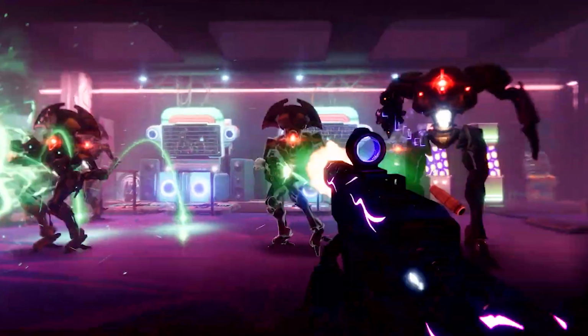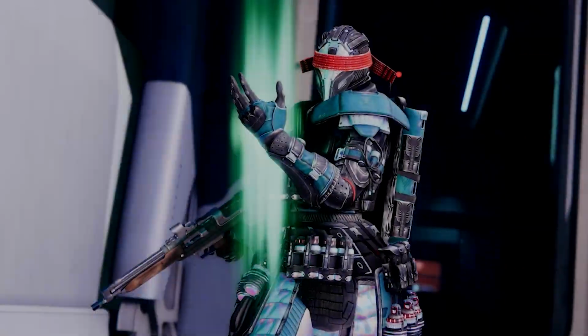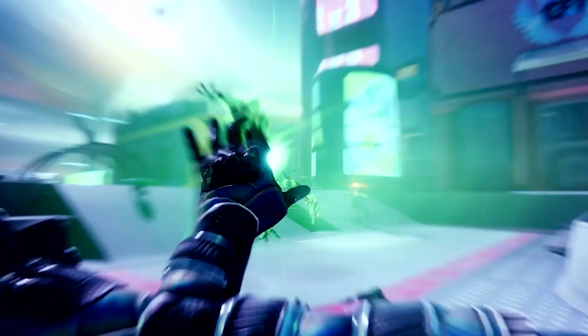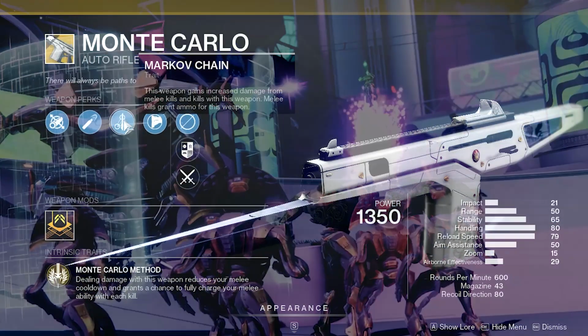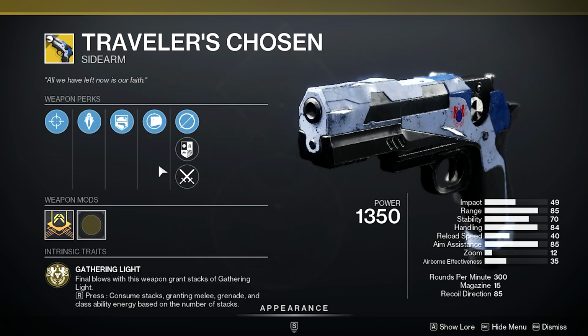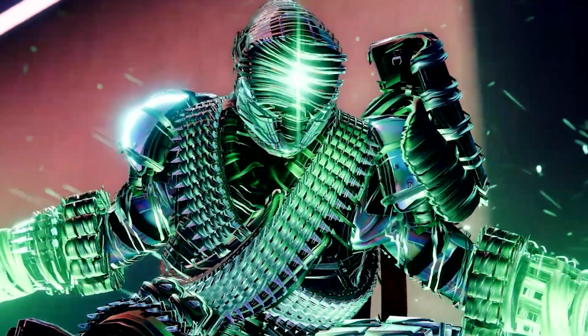Along with these exotic armor pieces, there are two standout exotic weapons that you should really consider using along with these Strand subclasses. The Monte Carlo exotic auto rifle will be great at regenerating melee energy, and the Traveler's Chosen is a surprisingly powerful sidearm that will give you energy to all abilities when consuming Gathering Light charges. And with that, we've covered all of the exotics for Hunters, Warlocks, and Titans that will sync up perfectly with